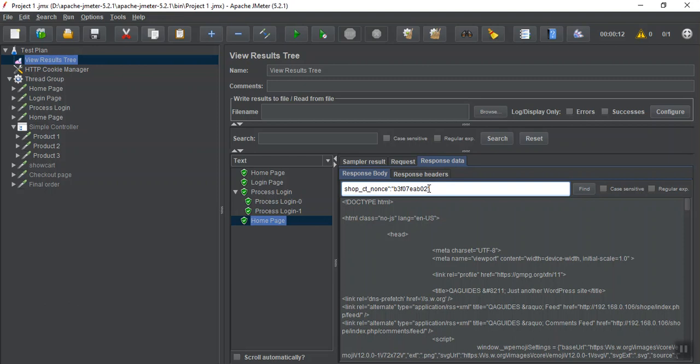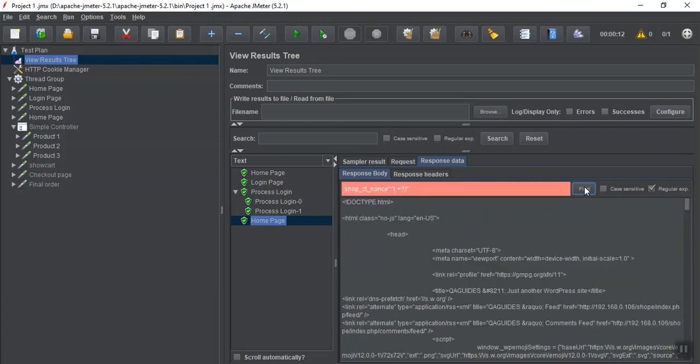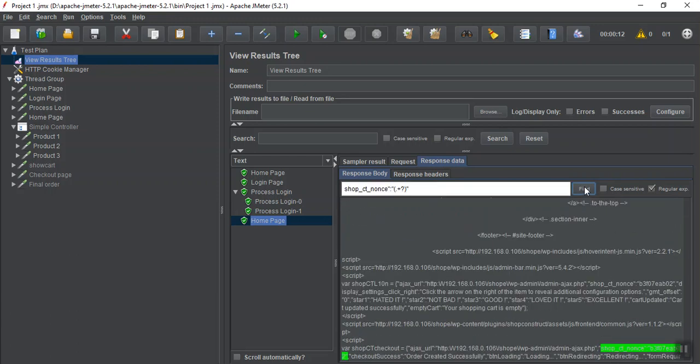So go here and create dot plus question mark, and I check this option. Find. It is able to find this value twice.